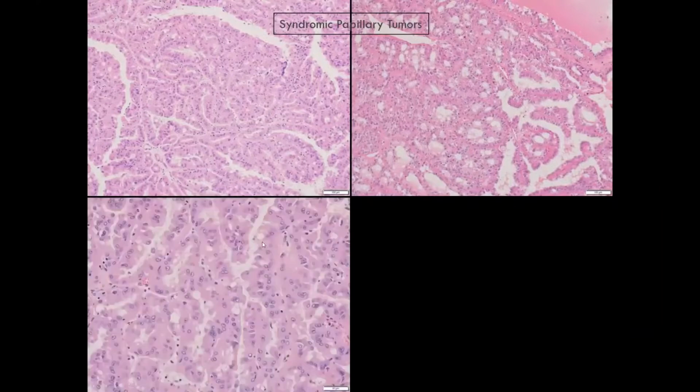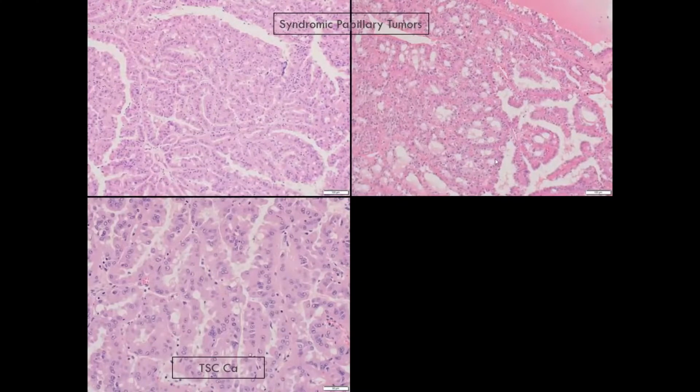When you look closely at these tumors, you find other features, the so-called syndromic features. This tumor, for example, has these cytoplasmic blisters, right? Large vacuolations in the cytoplasm. And this happens to be a case of tuberous sclerosis associated renal cell carcinoma, which shows some type 2 papillary